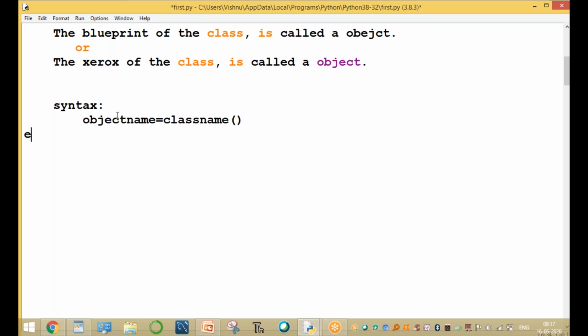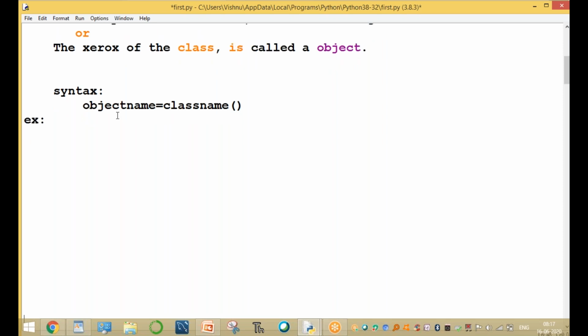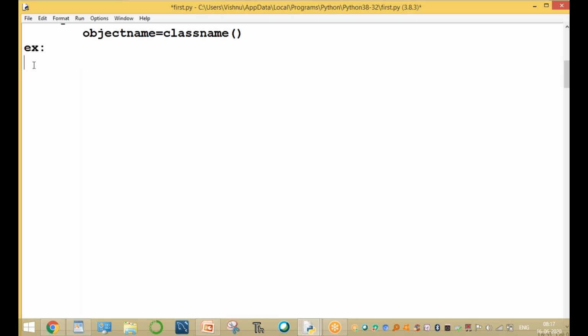Now I will show you one example: declaring a simple class, class Person, followed by a colon symbol. Here we are assuming the list of variables of the class and the list of methods of the class, based on our requirement.